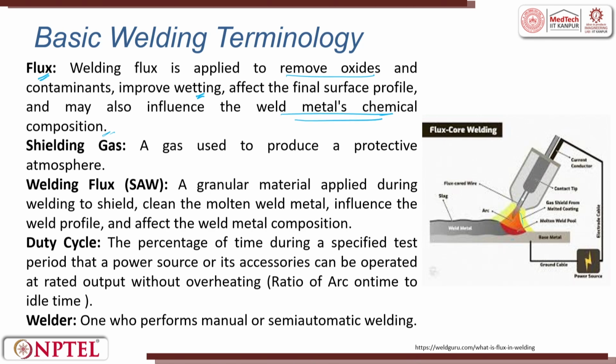So, that is flux. The flux can also be used as a shield, but if you want, you can have a separate shielding gas. Along with the flow of molten metal, you can have a shielding gas which flows around it, protecting it from reacting with the atmosphere. Both are possible, but flux is different, shielding gas is different, right. In flux core welding, once the welding is done, whatever is on top forms the slag. The slag is nothing but the oxide on top, which can be chiseled off or removed once the welding is done, right.